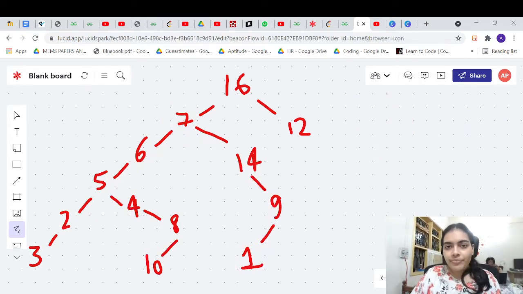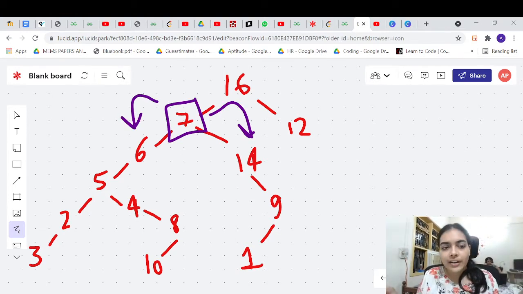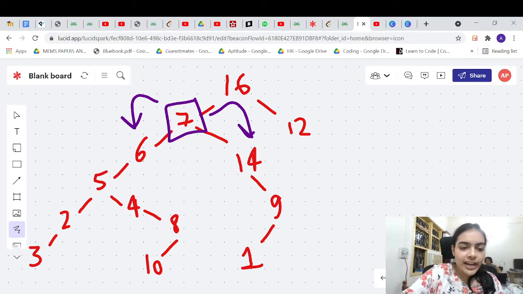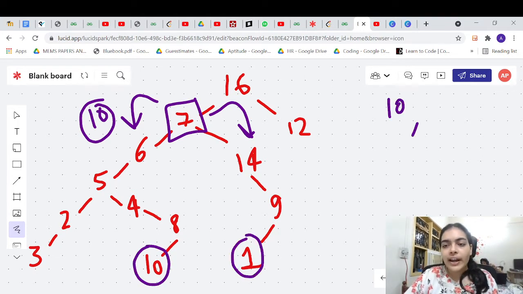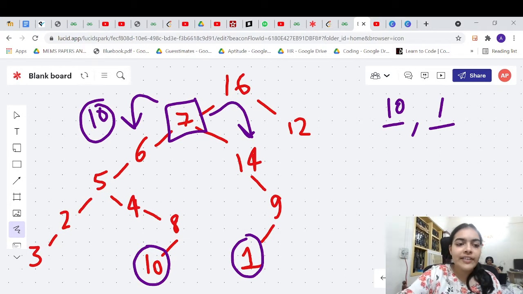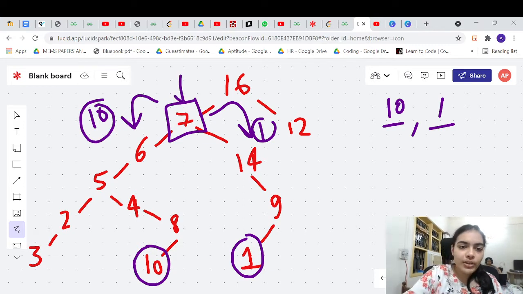For reaching 7, 7 will get a value from the left child and 7 will get a value from the right child. Now the left child will return a non-null value, and the right child will also return a non-null value, right? Because the left child of 7 is returning 10. If we are trying to find the lowest common ancestor for 10 and 1, its left child is saying 10 is present in my family branch, and similarly its right child is saying 1 is present in my family branch. Both are saying that they are not null. We both have one element each. So in that case, the answer is 7, right?